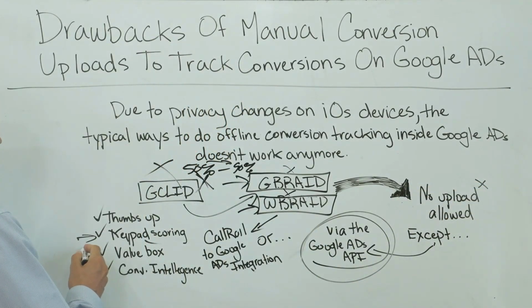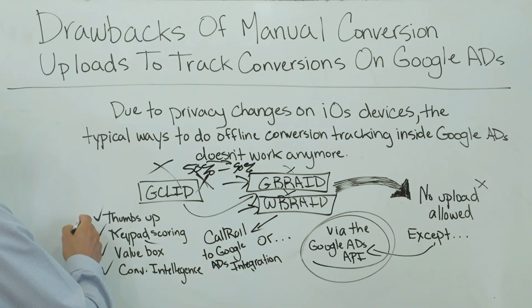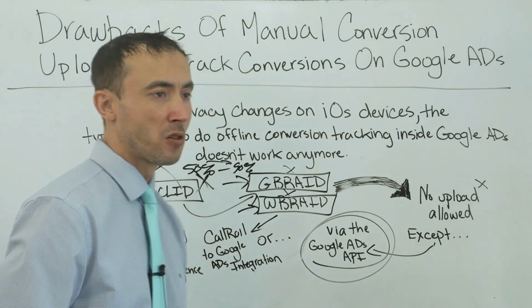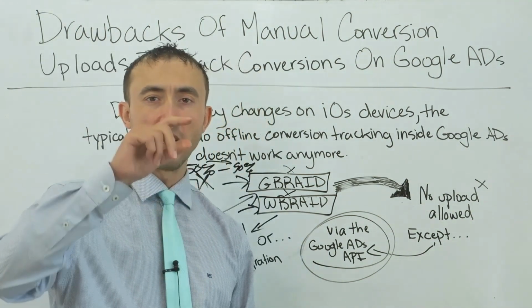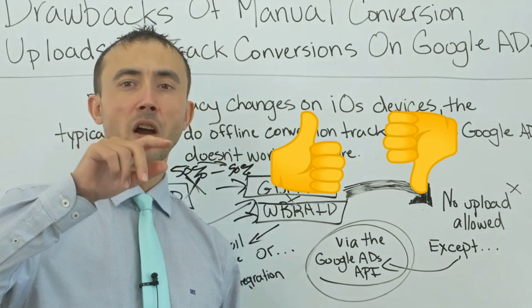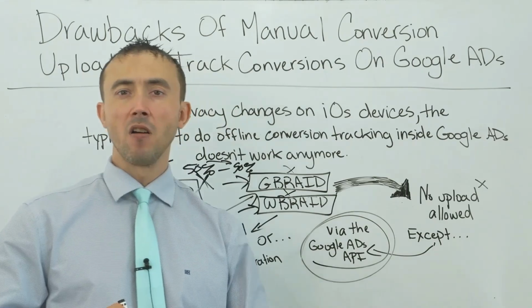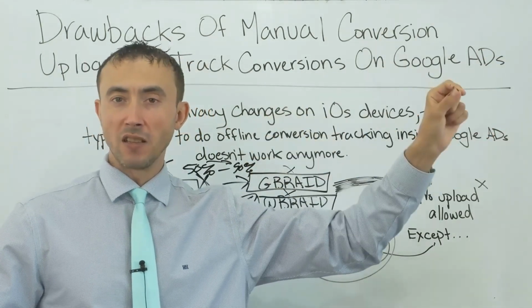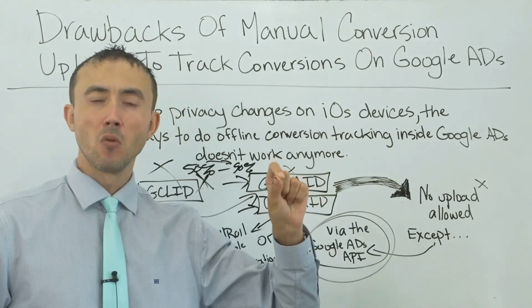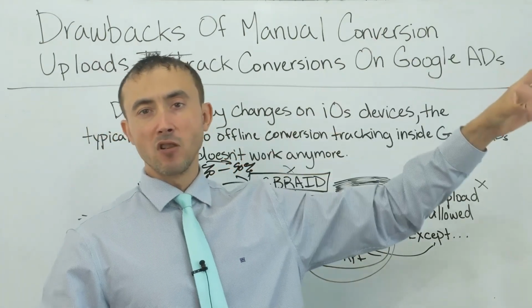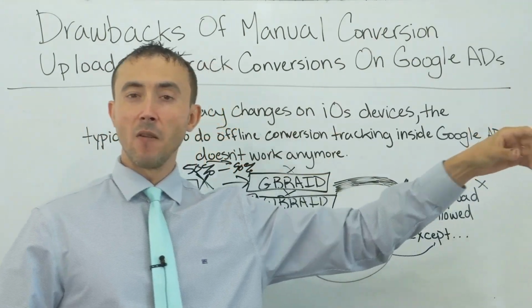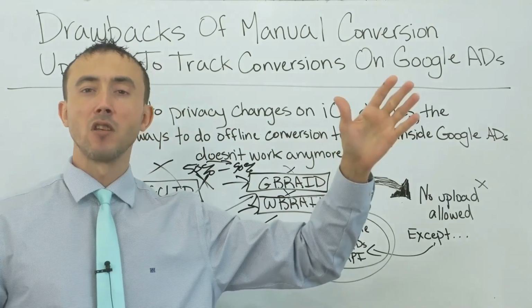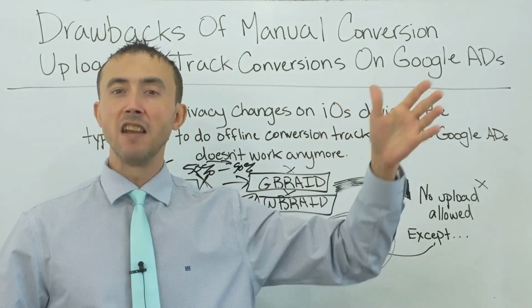You can also send the data to Google Ads about your offline conversion that occurred through the value box. I talked about that. You can do this through the thumbs up on CallRail. Under the call, they have the thumbs up, thumbs down, and you can have it to where if you thumb up a call, that conversion data gets sent to Google Ads, but if it's not thumbed up, it won't get sent. So you can literally have it to where only a call conversion goes to Google Ads even if it's not marked thumbs up,